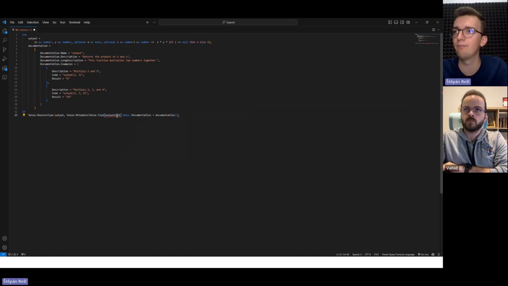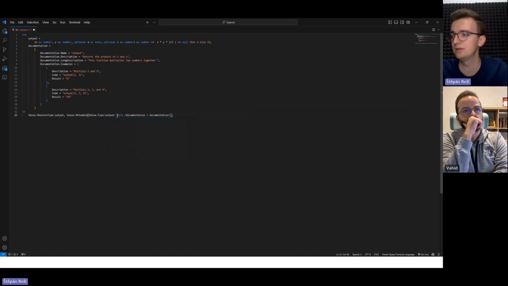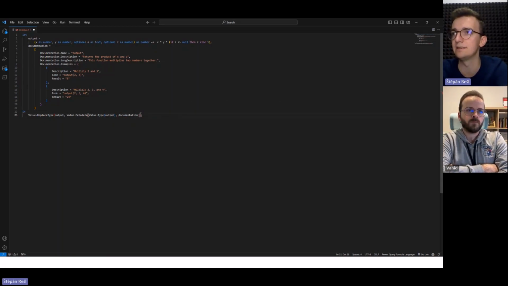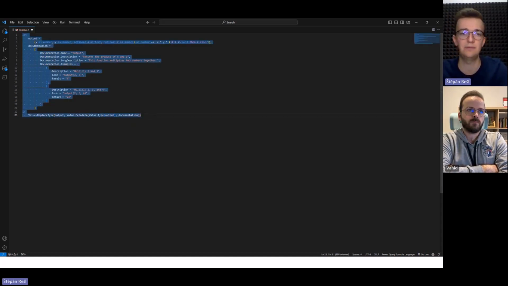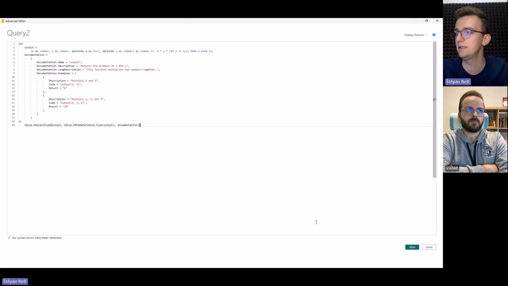Oh, come on. Output, and documentation will be here on itself. Definitely about this. Now it just needs to be closed, and if I grab that and drop it into the Power Query,